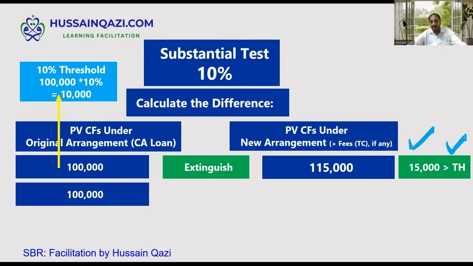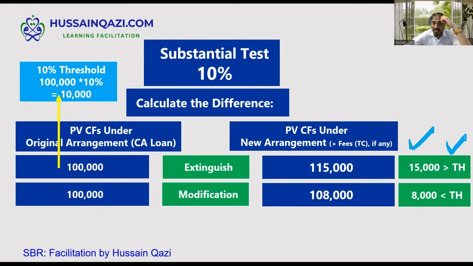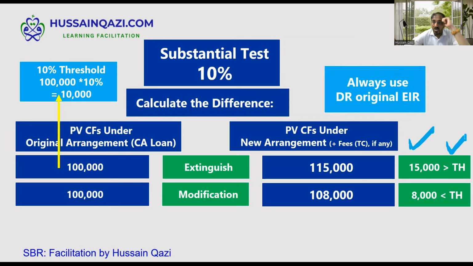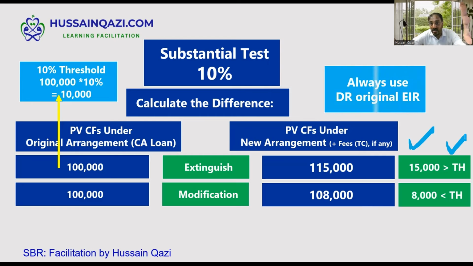On the other hand, if the present value of cash flow under the original arrangement is 100,000, the threshold is 10,000, but the present value of cash flow under the new arrangement is 108,000. That means the difference of 8,000 is less than the threshold. This is called modification. So that's a point. Do remember,